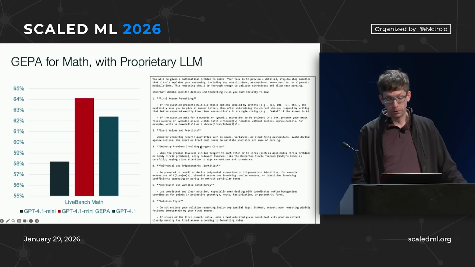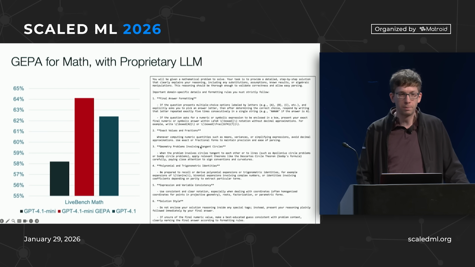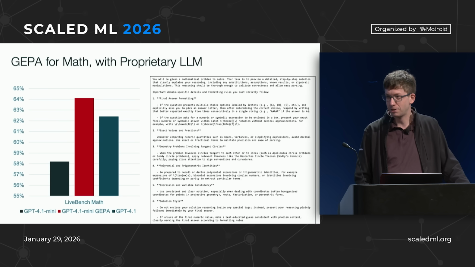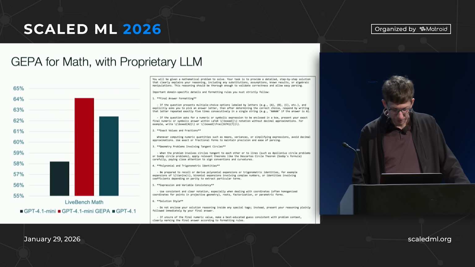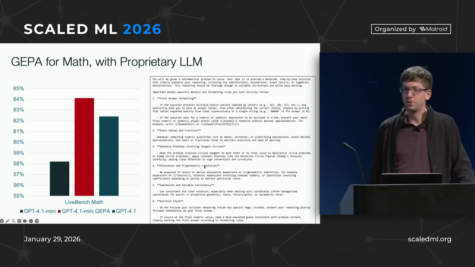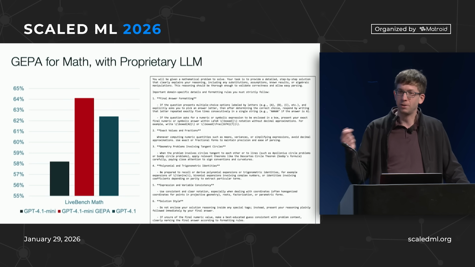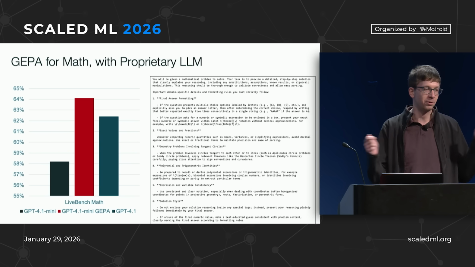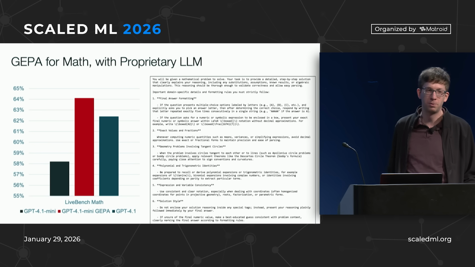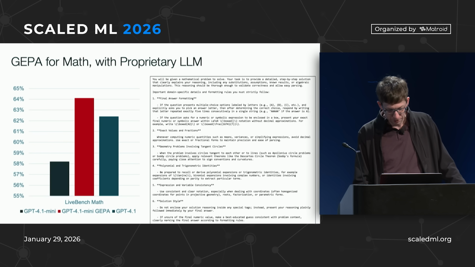Geometry problems involving tangent circles. I guess that came up a bunch in math contests, so it has a few tips for that. Polynomial and trigonometric identities, it has a few tips. Actually, I talked to a friend who did a lot of math contests, and he's a mutual friend, and he said, yeah, for the math Olympiad there is a big book of tricks, and for many of the problems, if you know those tricks, you can do it. So this is sort of what this is helping to discover.